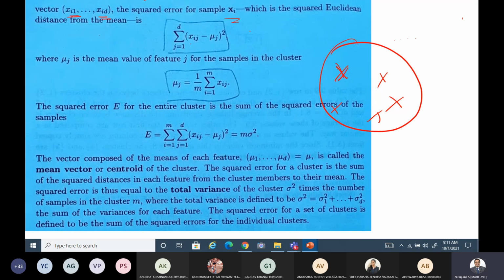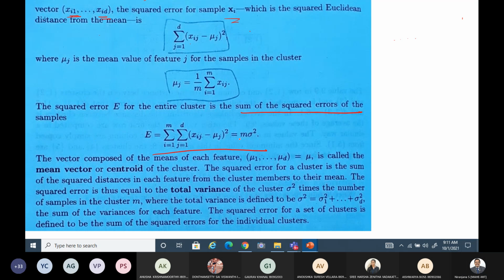The total error, squared error, is an important measure here to understand whether two clusters are similar or not. Okay, how, we will discuss later with an example. But before that, you try to understand the concept here, what is happening. There is an error, sum of error you are going to calculate here for each sample existing in a cluster. If you express it, it is seen that it is equal to m sigma square.